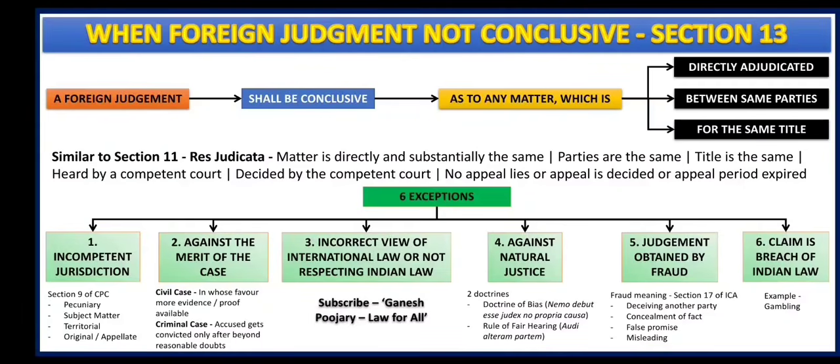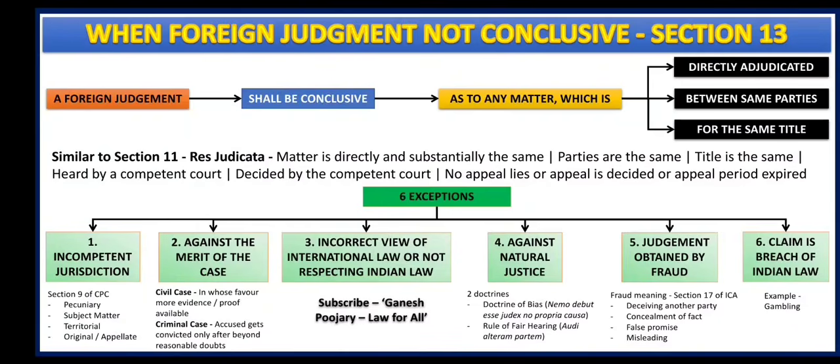It differs from civil to criminal. What happens in civil case when there is a case between A and B? If A gives more evidence and if A proves more fact, in that case A's case becomes very strong and B loses the case. Like for example, if A gives 51% or more evidence, his case becomes strong and he wins the case. But the concept of merit of the case is completely different when it comes to criminal cases. Here, only after beyond reasonable doubts in a proceeding an accused get convicted, otherwise he will be acquitted.